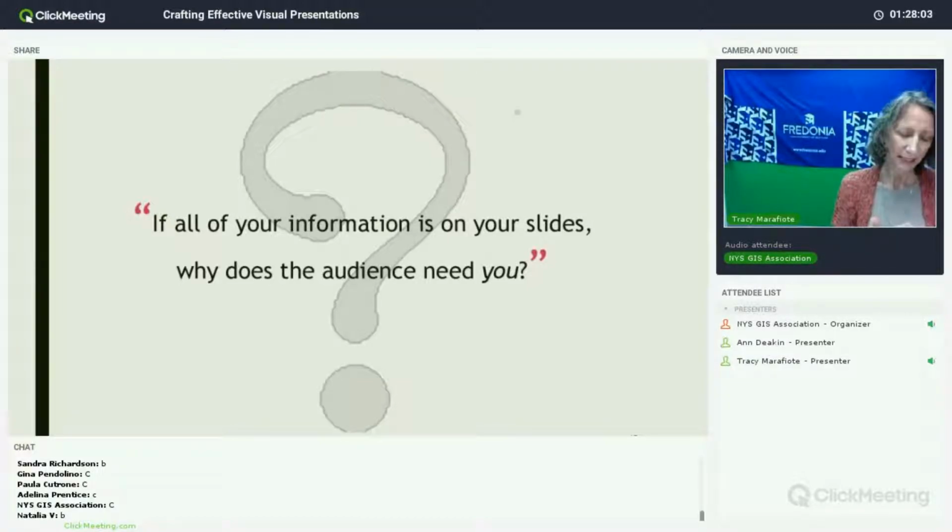And unfortunately, it's not uncommon to see someone with a slide full of text whose speaking content doesn't actually even match what's written. In that case, they're telling their audience that they need to pay attention either to what is being said or what is written on the slide, because your audience cannot pay attention to both. You've probably been in that situation where you've been trying to read somebody's slide and listen to them at the same time. And as much as we think we're good at multitasking, we know that we can't actually do that.